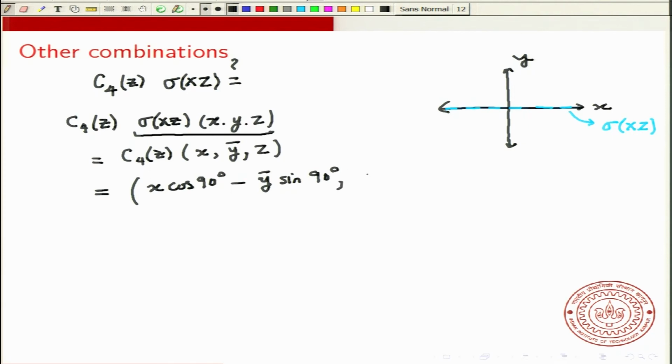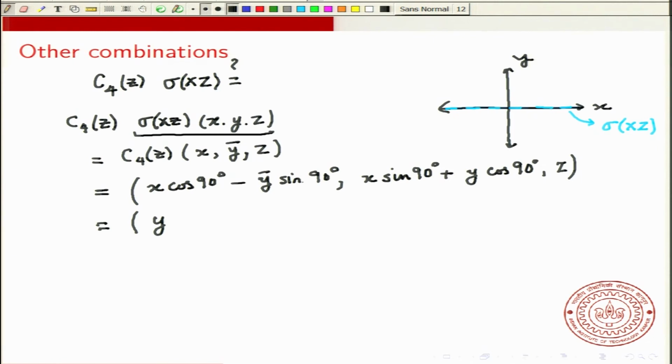The new y coordinate will be x times sine of 90 degrees plus y times cosine of 90 degrees, and the new z coordinate will just be the original z coordinate. If you work it out, you will get minus y bar. Minus y bar is nothing but y,